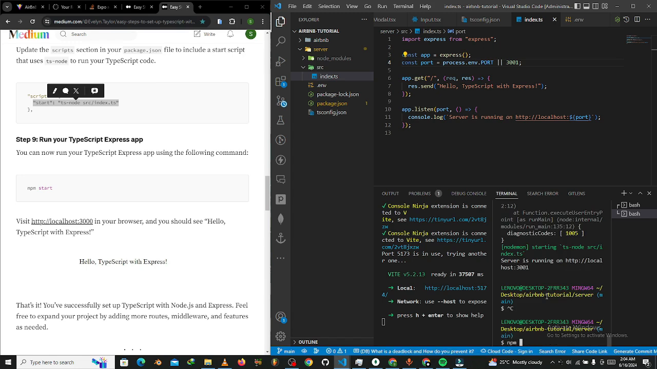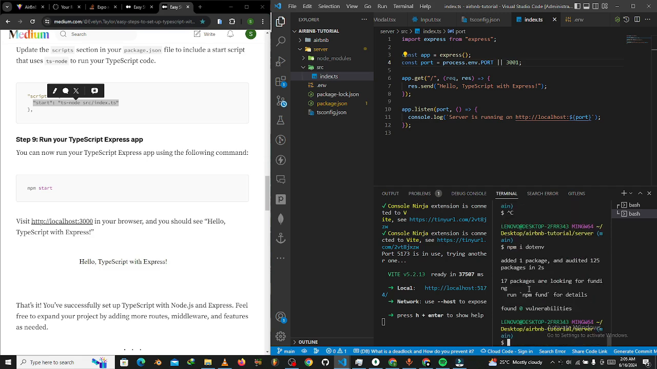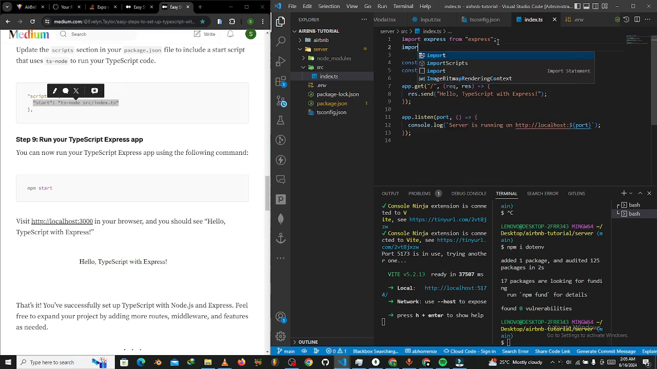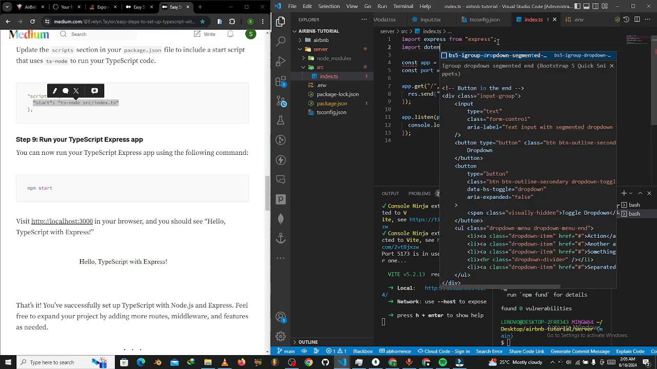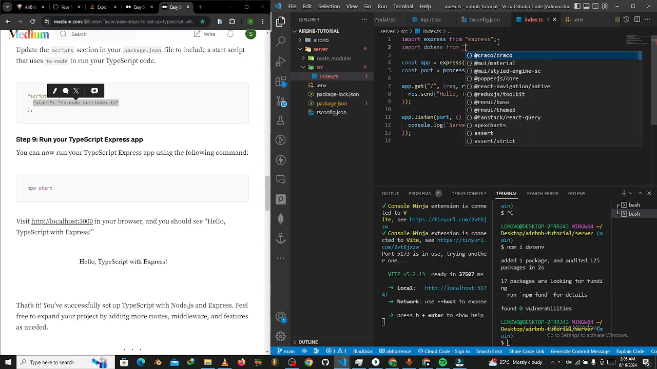Make sure it's in lowercase letters. So dotenv. All right. Okay, so dotenv has been installed. What we'll do is we'll just import dotenv from dotenv,